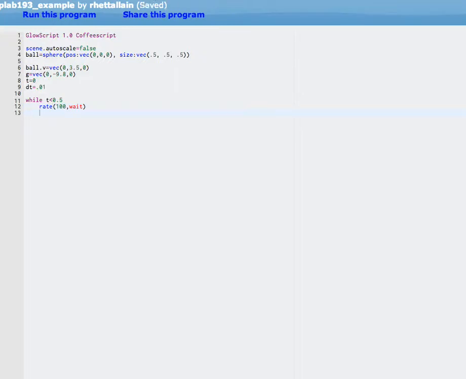So now I need to calculate the new velocity of the ball. So I can say ball.v equals ball.v plus g times dt. Now remember, I already said that g has a negative value in the y direction, so this should be a plus. And this is just the velocity update expression here. It says take the velocity of the ball, add g times dt, and make it the new velocity